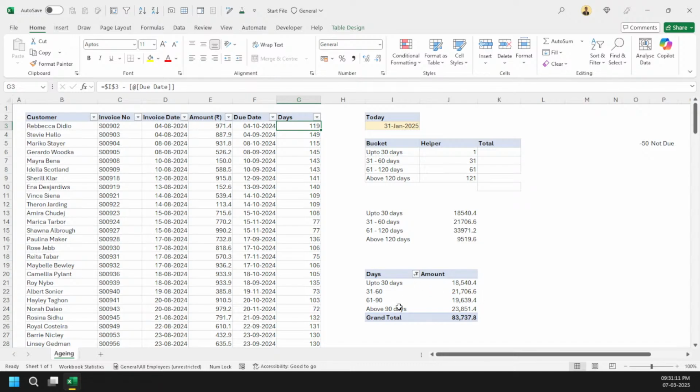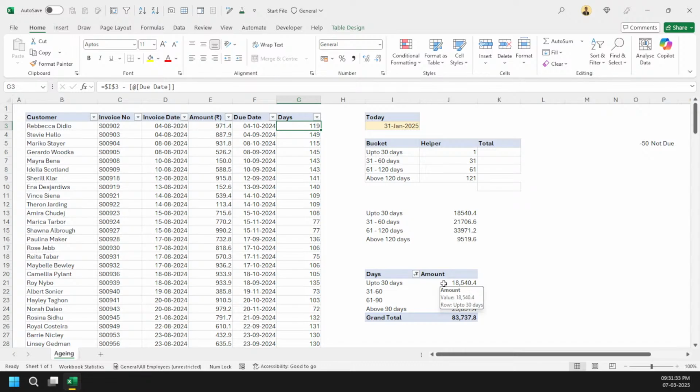Other than that, there is no possible way out here. Got it? So this is helpful only. You can say the pivot table approach is helpful only when we are dealing with equal differences between two values, the ranges' upper and lower limits. But if you want to be more flexible, definitely normal functions are much better.